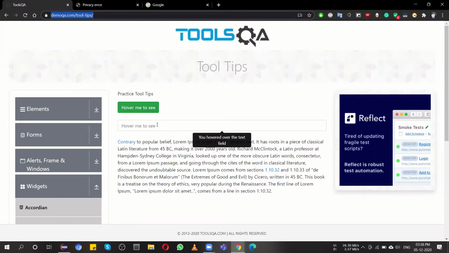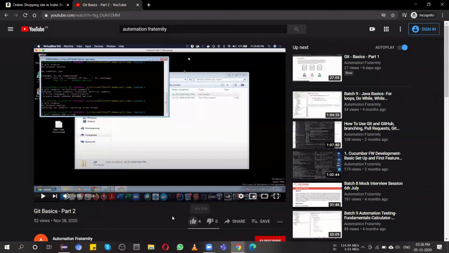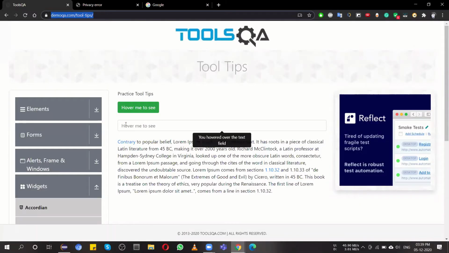Or for this particular text box. Or even, I should tell you, these sorts of scenarios where when you do some mouse over actions, your mouse pointer goes on that element and some sort of text pops up. But when you actually try to inspect this, it gets hidden. So this sort of scenario is called a tooltip, because we are moving our mouse cursor tip there, and a tip is coming with some relevant message.